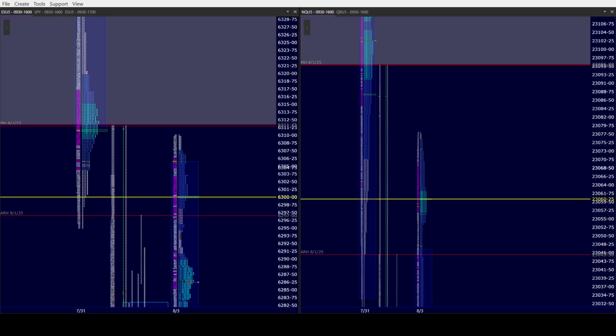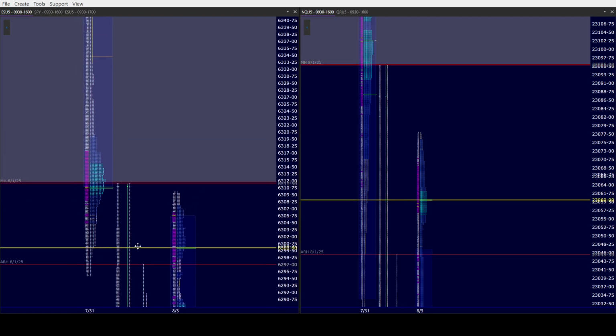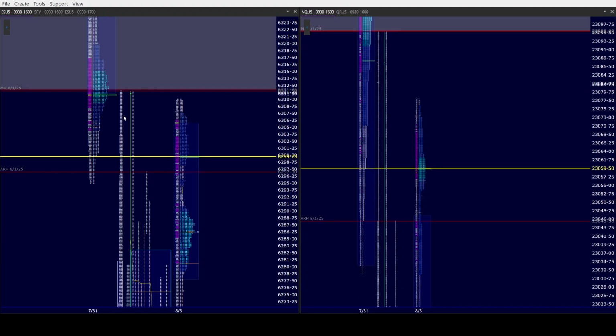We are looking at Window Traders market profile of the ES and the NQ. So the bears on Friday accomplished a bunch of things, right? They put the weeklies back to balance and the dailies down. Now, early on